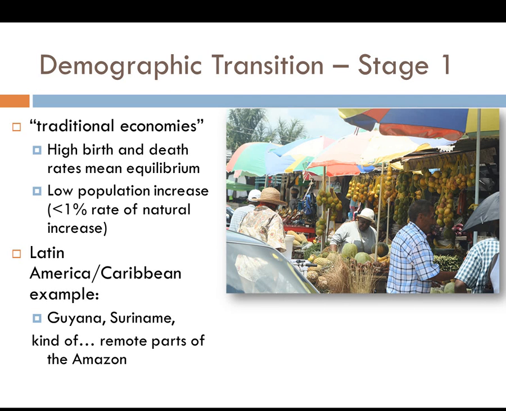In other words, you work really hard for a living just to survive, and that is very hard on a person. Stage 1 countries have very low or even stagnant population growth due to the fact that birth rates and death rates are very similar. So they have a low population increase rate. The rate of natural increase is always going to be below 1%. In Latin America,